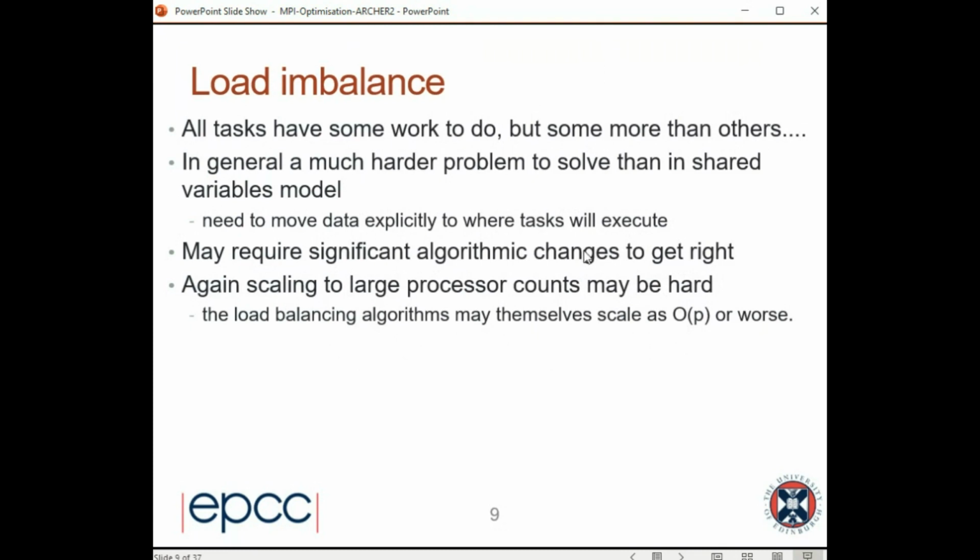So this is very difficult to achieve, especially if it's dynamic. If you have a static setup, like simulating the weather across the UK or the currents of the oceans, then there are techniques for dividing a grid up into equal sized pieces, which work quite well. But if there's anything dynamic in load, it is very difficult to do in message passing.